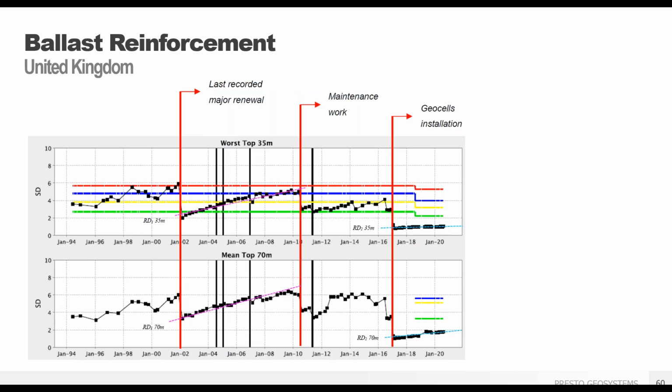But the interesting part is we actually had some continuous monitoring of this site. So after the installation, the track opening in 2018, they really did monitor that track on a monthly basis. This slide shows that for the worst areas, it can be noted that the track quality is significantly improved to an excellent condition. Here you can see some of the original problems they had back in 2002. You can start to see how fast that track degradation came apart.